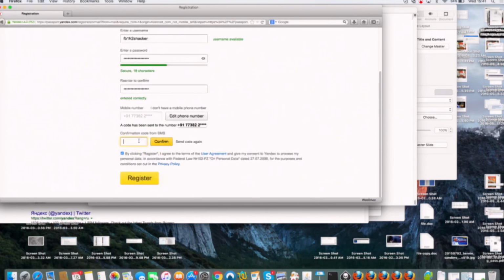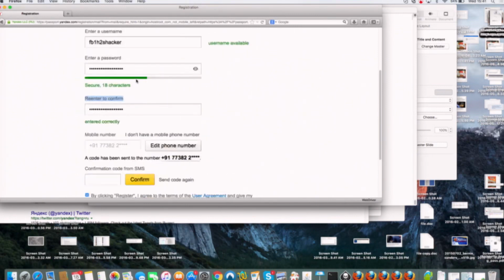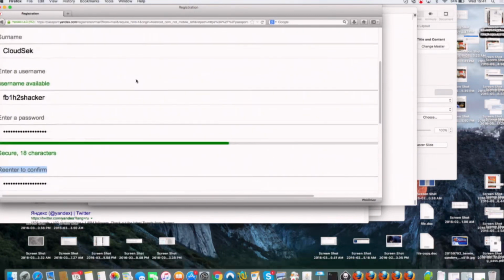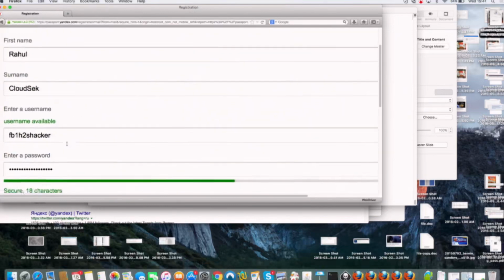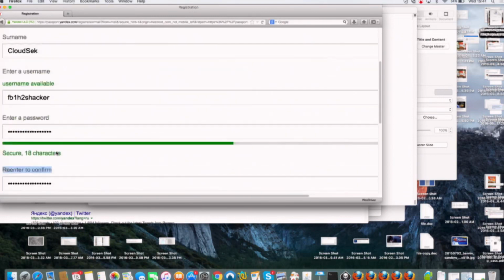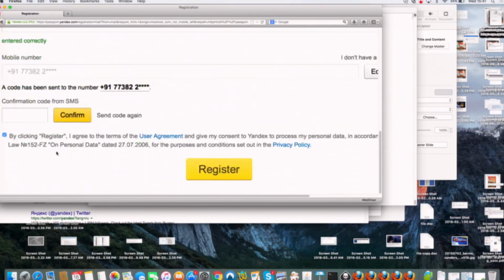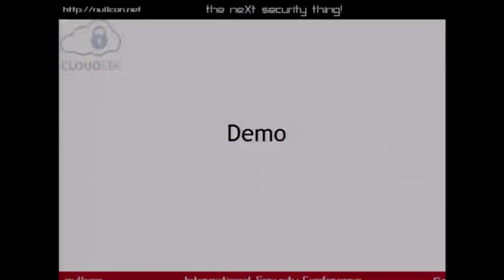So as of now, it can't solve captcha or OTP systems, but for all the other user interactions, it would be able to understand what the application is saying and provide the relevant input. So it asks for the username, it entered the username, it asks for the password, it entered the password, etc., without knowing anything about the application. So the same concept could be used for other applications as well, and would be able to test.